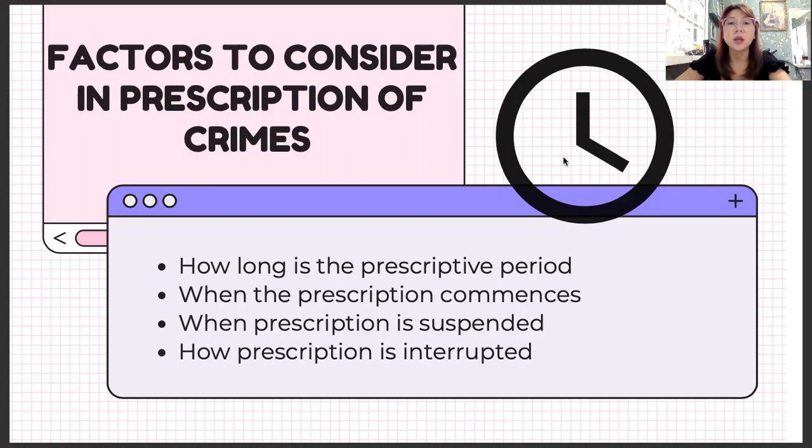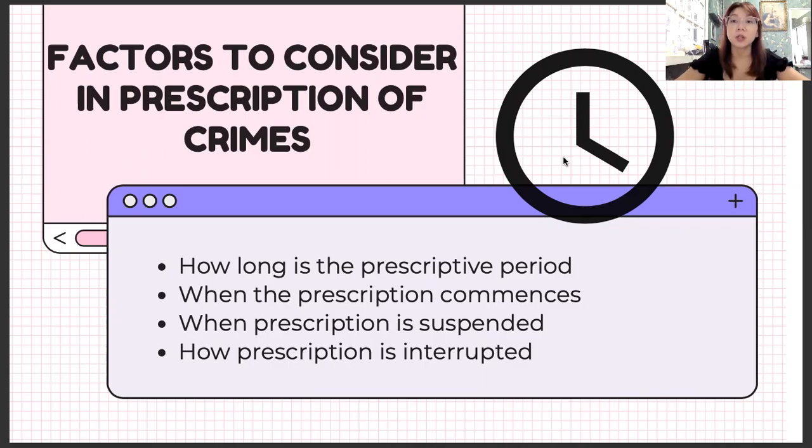So one of the ways of how criminal liability is extinguished is through prescription. Prescription of felonies under the RPC is governed by Article 90, and the prescription of criminal offenses under special laws is governed by Act number 3326 in the absence of provisions of such special laws. So yung period of prescription for felonies under the revised penal code, it depends on the maximum imposable penalty of